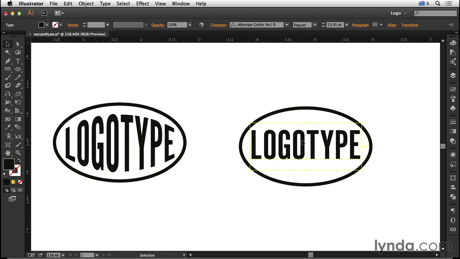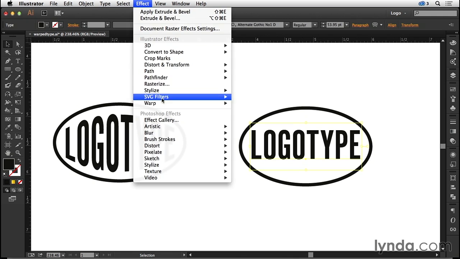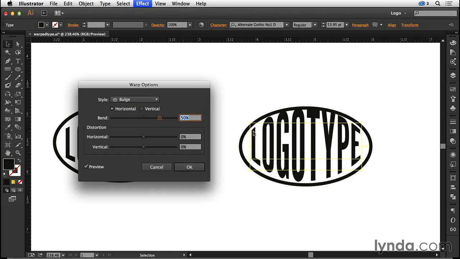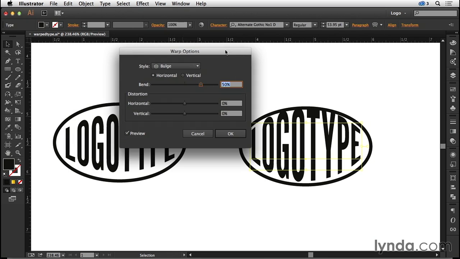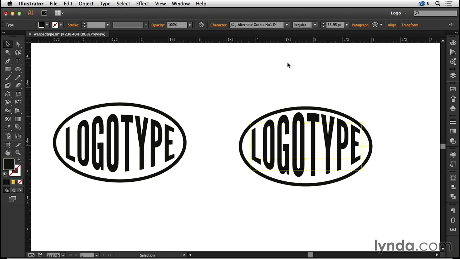So I'm going to select just the type, Effect, Warp, Bulge, and then I just need to adjust the amount of the bend so that the type fits into that shape. Now, even though the type began as being vertically and horizontally centered within that shape, when I apply the warp to it, that may cause it to not look like it is, so I might need to then just